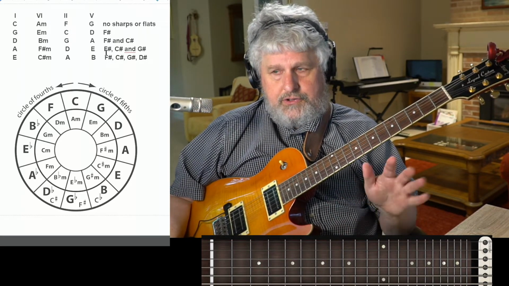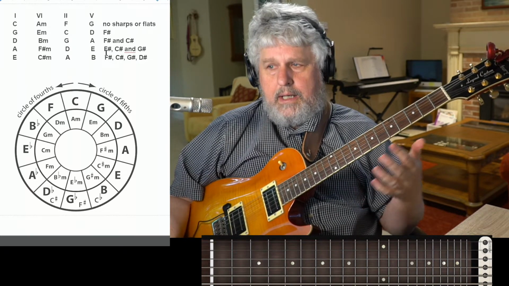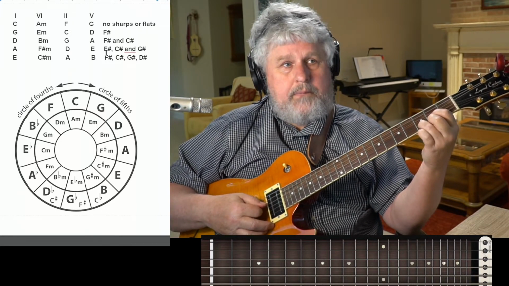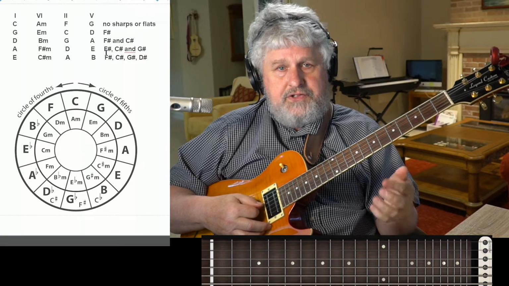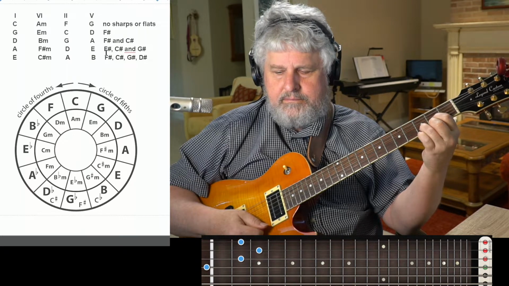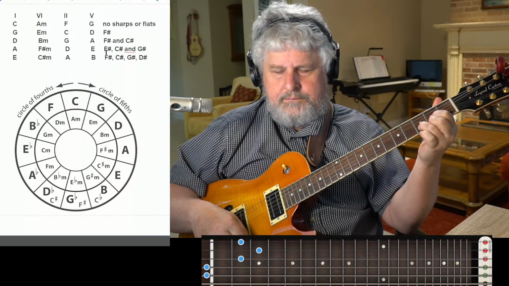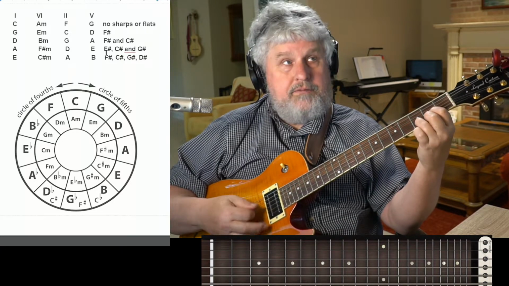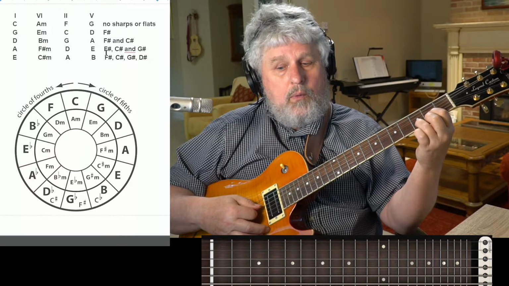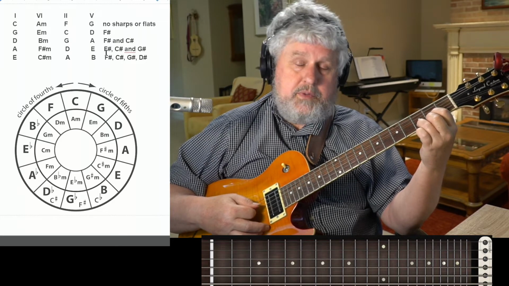So in our journey to do this in the five most common keys, let's pick another key. Let's go to the key of D. The five chord in the key of D is, D, E, F sharp, G, A, right? So here's our key of D. Okay, there's the key of D, and so now what we want to do is move to the B minor. So if we're moving to the B minor just with single notes,